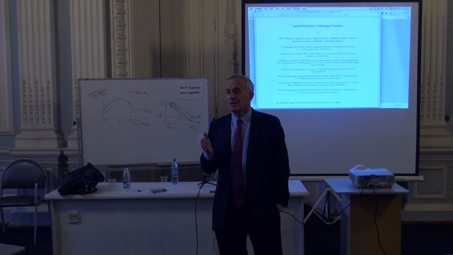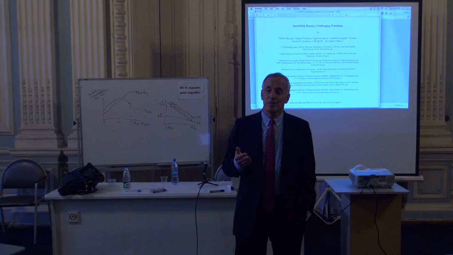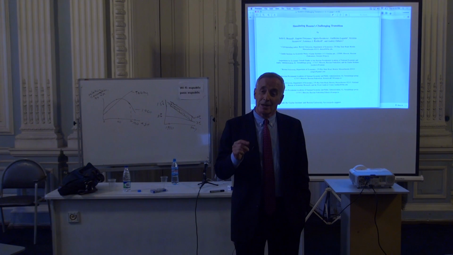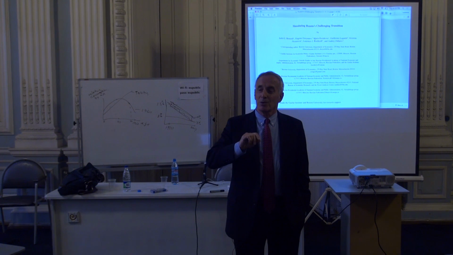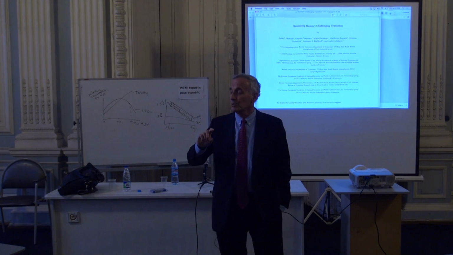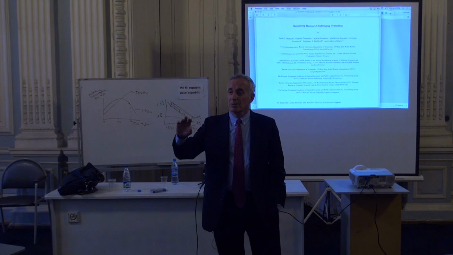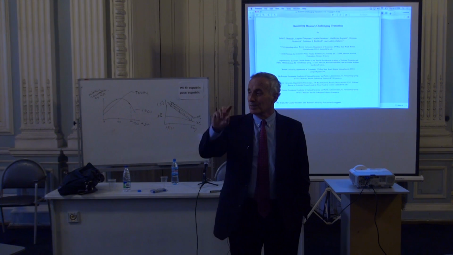On Friday, it dawned on me that we should try and solve the transition path using the same guessing game that we were using for the steady state, which is not to guess one number, but to guess the entire path of the capital stock, and also guess the labor supply path. From those supplies of factors, figure out what firms would be willing to pay for those factors, use the marginal product conditions to figure out the wage and interest rate paths, which are derived from guesses of the capital labor ratio path,